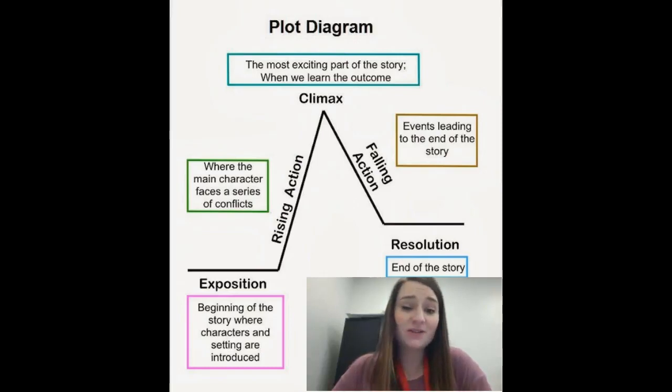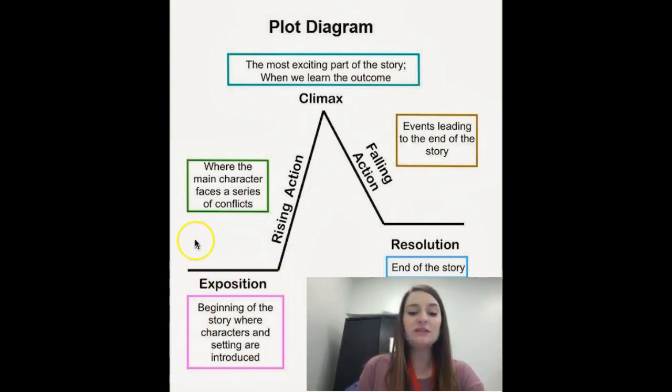Okay, guys, so we have not talked about plot very much in this class period, but we will be talking about it now as we're going through Flesh. This is our first fiction novel that we're going through in here. So we need to go through a plot diagram because you're going to be filling these out as we go through our story. So on here, I have a plot diagram, and the first thing that you're going to see,